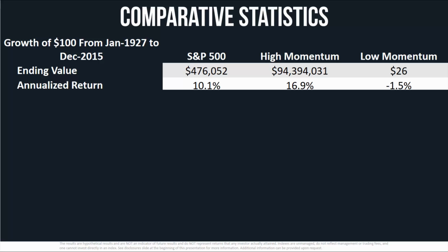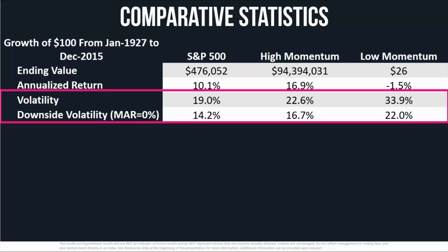For the S&P 500 would be 476,000. Momentum would have grown to 94 million, and low momentum would have lost money and fallen to $26. That corresponds to annualized returns of 10% for the S&P 500, around 17% for high momentum stocks, and negative 1.5% for low momentum stocks. Volatility, again, how much it fluctuates,